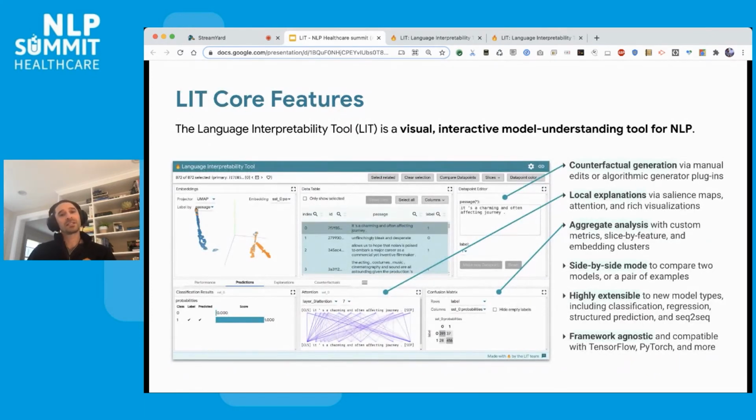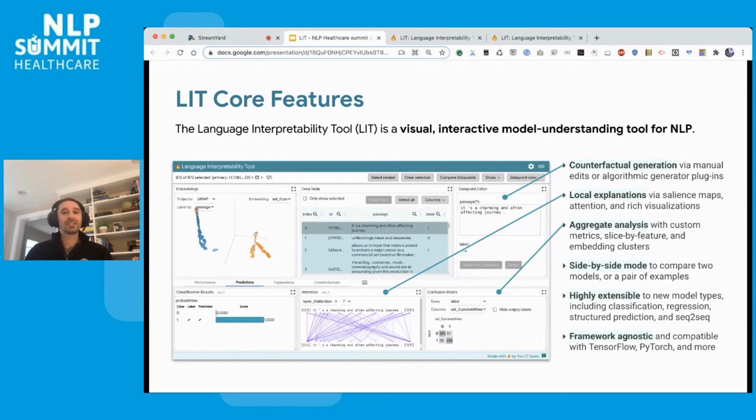So some of the core features are that, as mentioned, we can do counterfactual generation, and it's important to be able to do this a number of different ways. So manually, you can take a data point and change the words in it and rerun your model and see what changed. But we also have the ability for there to be algorithmic generators that will automatically make edits to your data points and create new versions of them to compare them to. We ship with a number of these, such as back translation, which can translate sentences from your source language to a foreign language and back to do some form of paraphrasing, basically, automatic paraphrasing. But you can also build your own in Python and incorporate them into the tool.